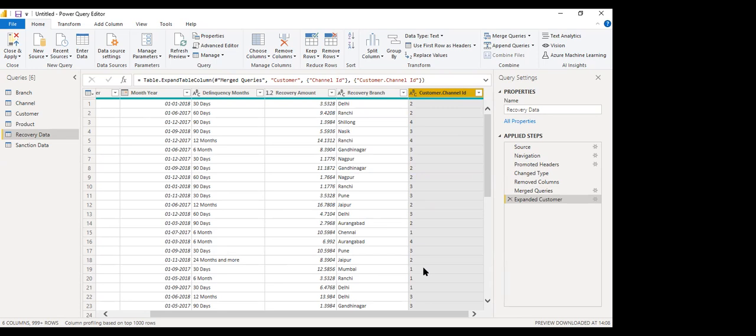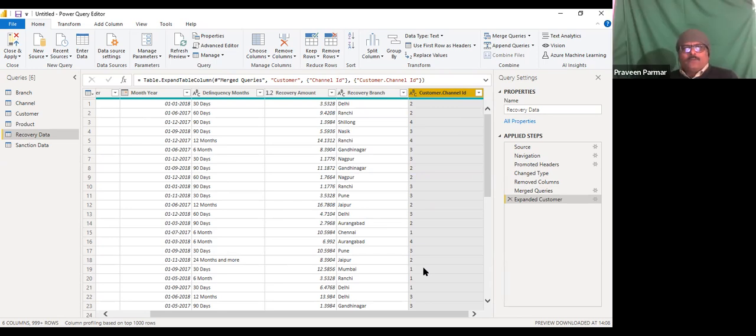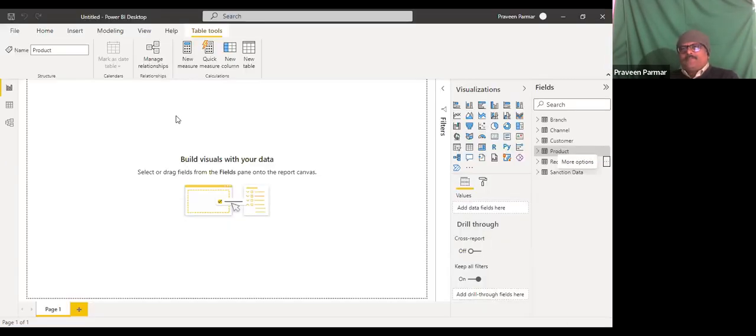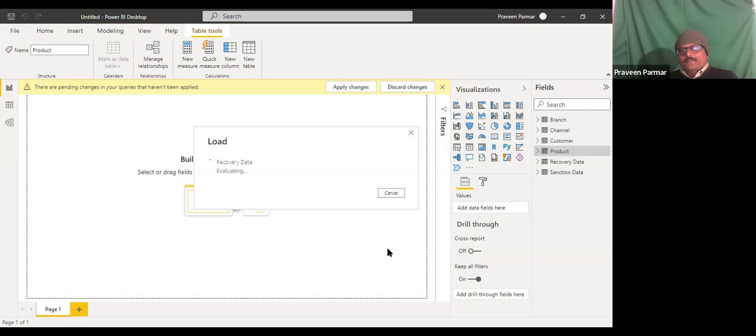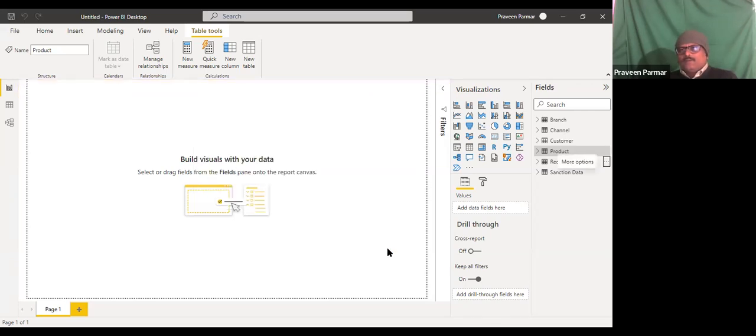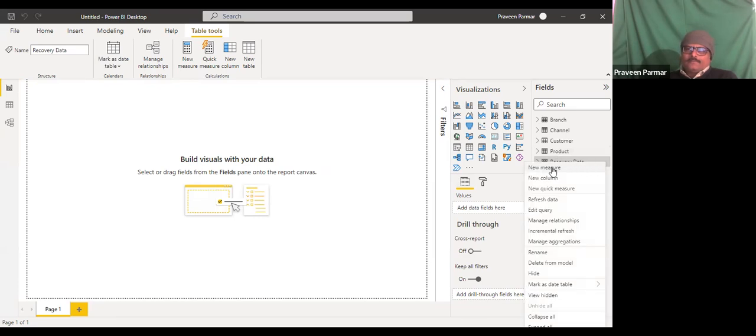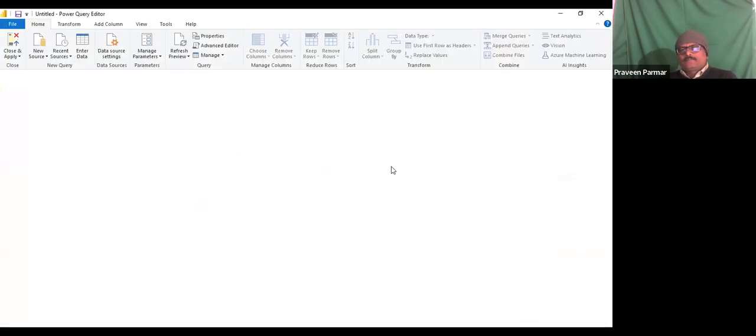Now we want some other column also, but you have to do one thing always. Again, edit query.